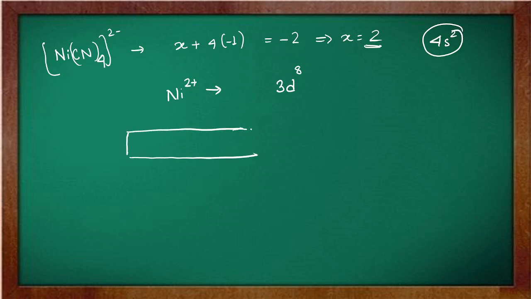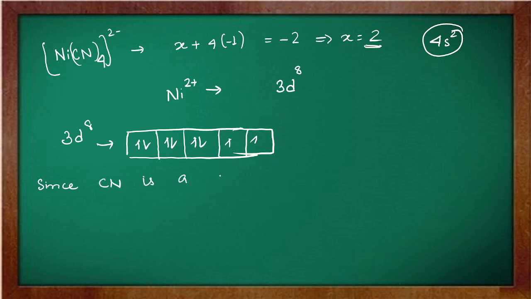Draw the d orbital. These are your 5 d orbitals. Start writing the electrons following Hund's rule: 1, 2, 3, 4, 5. Then the pairing will occur 6, 7, 8. Now this is your 3d8. Next you need to see whether cyanide is a strong field ligand or a weak field ligand. Cyanide is a strong field ligand, so the pairing of electrons will occur. Then you will write a line here that since cyanide is a strong field ligand,